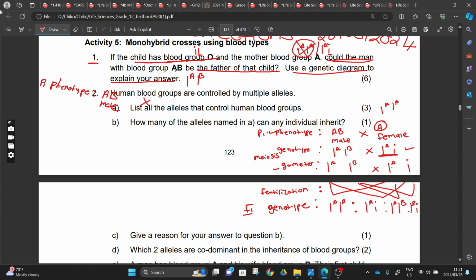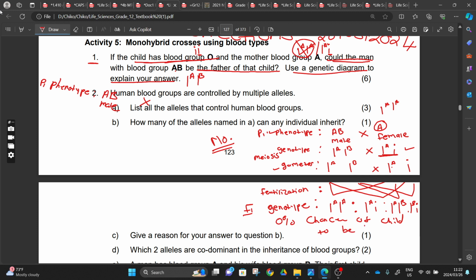So: use a genetic diagram to explain your answer. You may start by answering the question, no, and then you explain this, and at the end you conclude. This is the completion mark you'll have to use, and this to explain, and then you'll say a 0% chance of a child to